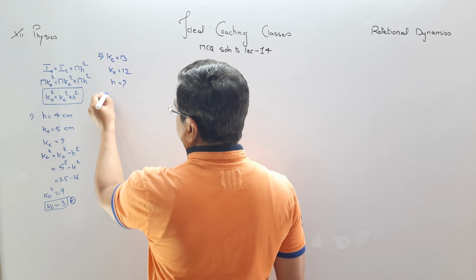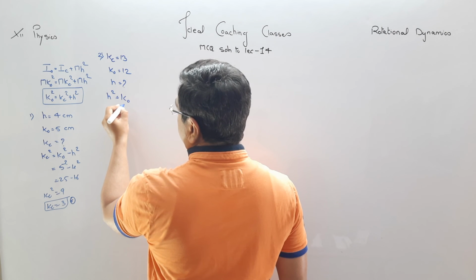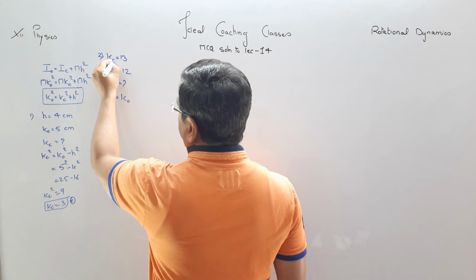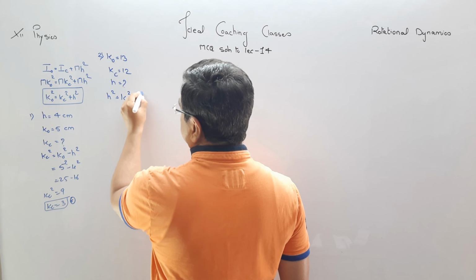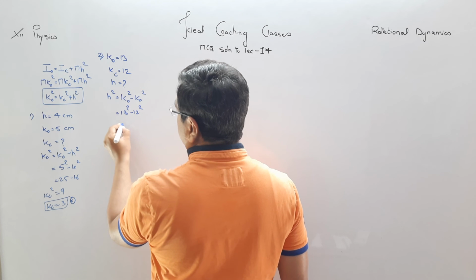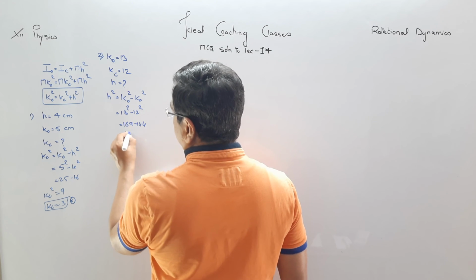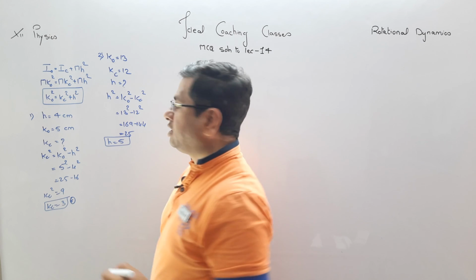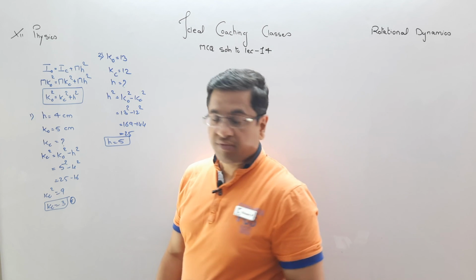यहाँ से आएगा उभर कर इक्वेशन h square is equal to ये k0 और ये kc. h square is equal to k0 square minus kc square, 13 square minus 12 square, that is 169 minus 144, that is 25. h is equal to 5. जवाब ए, फर्स्ट ऑप्शन।